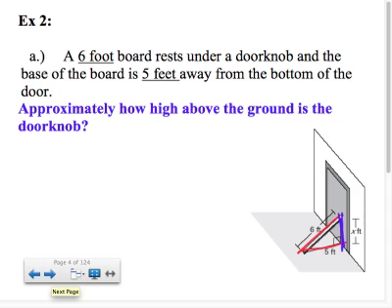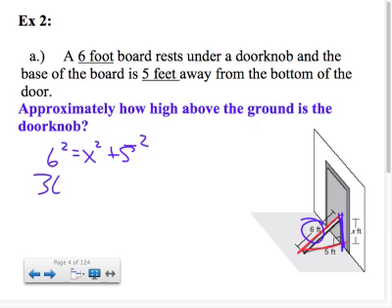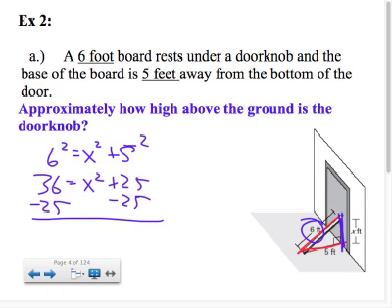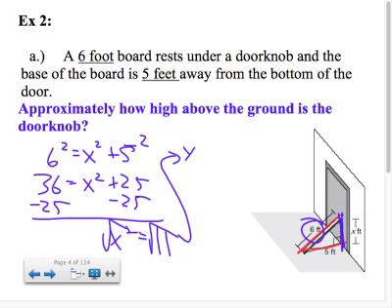It's a right triangle. More times than not, I would not give you the diagram because it just makes it too easy. So in other words, when you're setting that up, you recognize that this is the hypotenuse, the 6. So you get 6 squared equals x squared plus 5 squared. So this is 36 equals x squared plus 25. Subtract your 25 from both sides. And you get that x squared equals 11. And then you take the square root of both sides. So x equals roughly, it says approximately, so that tells me that gives me the go-ahead to plug it into my calculator and get a decimal. So roughly 3.32